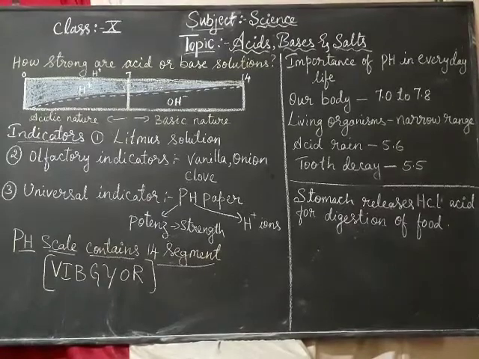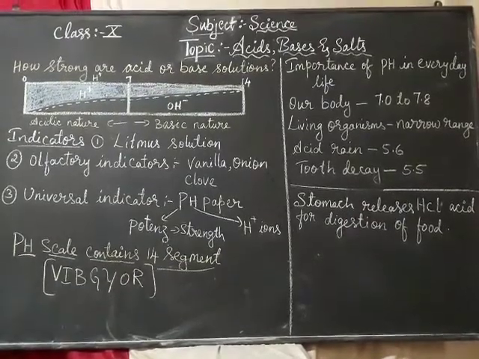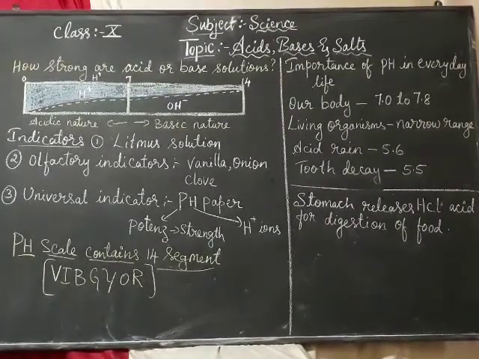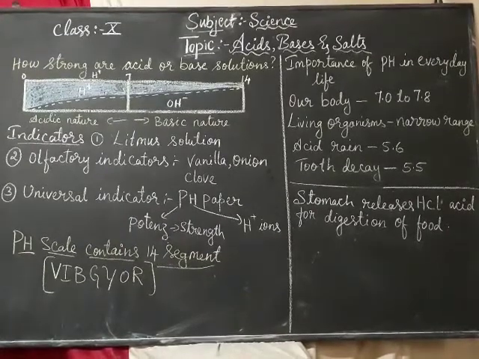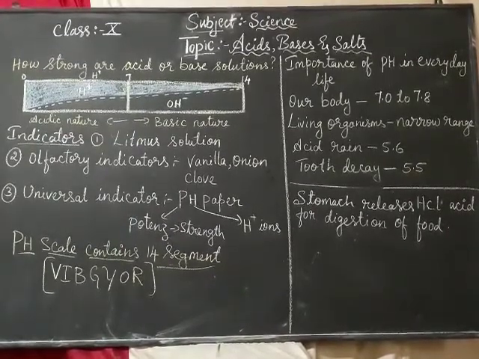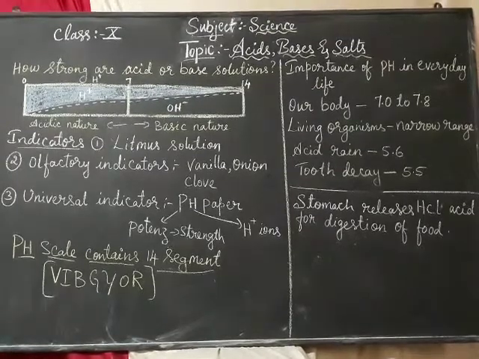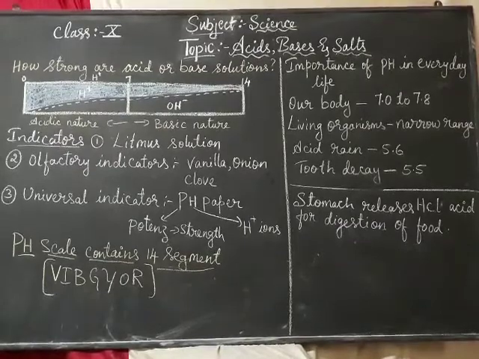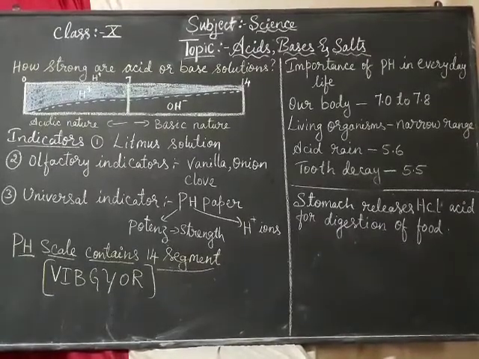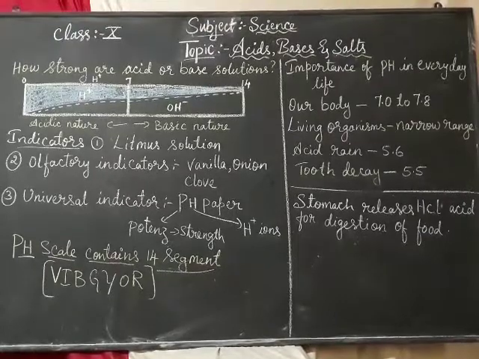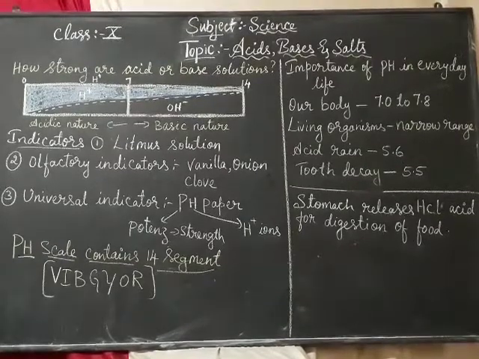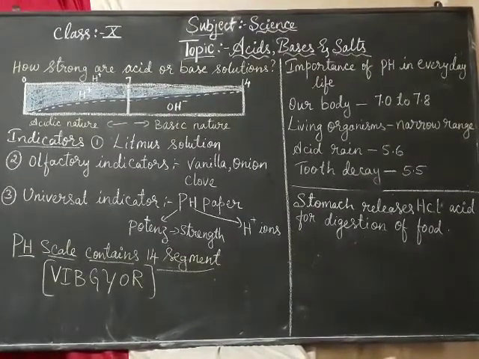What does toothpaste consist of? Mild bases. What are bases? Bases are NaOH, sodium hydroxide, potassium hydroxide. Toothpaste contains a mild base. It reacts with acid and neutralizes it. Whatever leftover acidic food remains, once you brush your teeth, the base of the toothpaste reacts with the acid and neutralizes it. As I said in the last class, acid plus base gives salt and water. Similarly, it will be neutralizing.